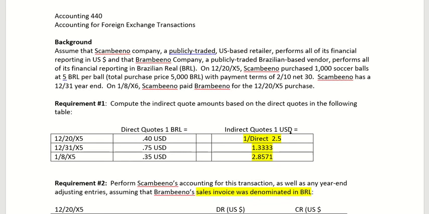So looking back at those quotes, I'm trying to convert from US dollars to Brazilian reals. So I need to know how many Brazilian reals I'm going to get by using those US dollars. So I have 2,000 US dollars. I'm going to use an indirect quote over here. And as we can see, we're in a receivables position. So I'm getting 2.5 over here. Okay, that's fine. And then all of a sudden the rate goes down. So I'm getting less Brazilian reals over here, and I'm in a receivables position or an asset position. So I'm going to have a loss for sure down here. And then all of a sudden I will have a large gain over here at the end because the rate